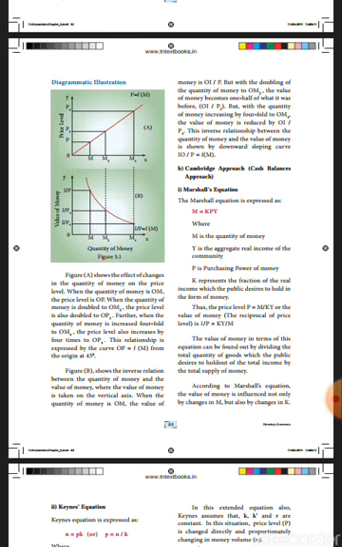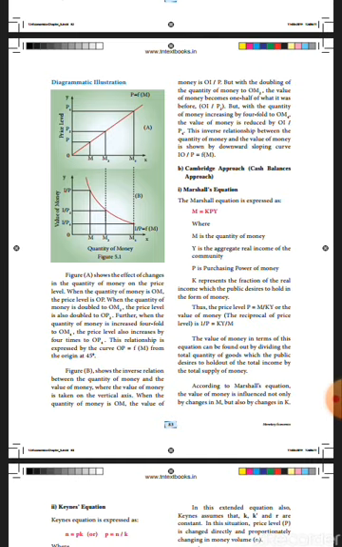Price level P is equal to M divided by KY. We can write it like this also. So, the value of money is 1 by P is equal to KY divided by M. So, the value of money is the total quantity of goods divided by the total supply of money. So, the value of money is influenced by changes in M and also changes in K. This is about the Cambridge approach.